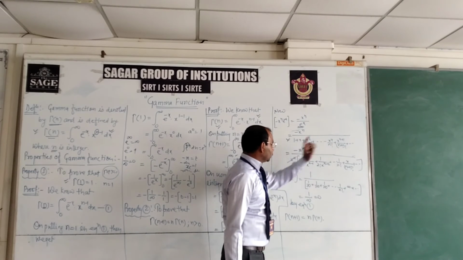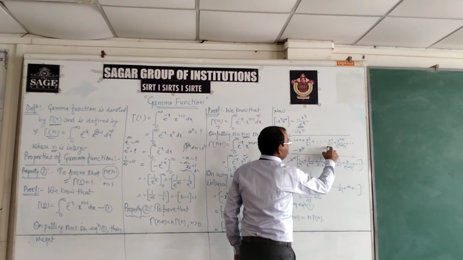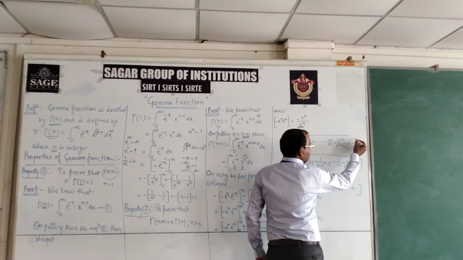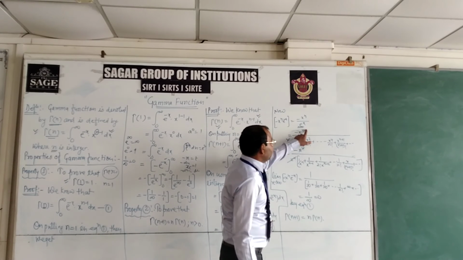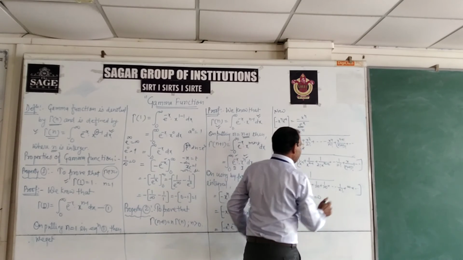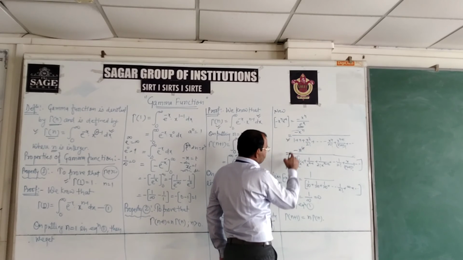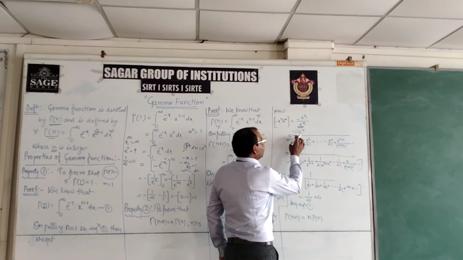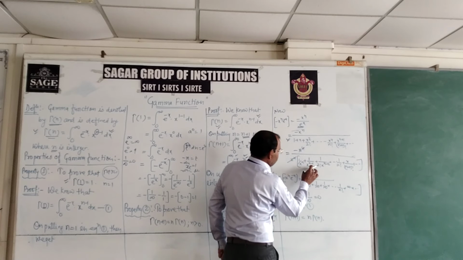The exponential series is 1 plus x plus x square upon factorial 2 plus up to x to the power n upon factorial n plus x to the power n plus 1 upon n plus 1 factorial. Next term is x to the power n plus 2 upon n plus 2 factorial. Now in the numerator is x to the power n, and the common term in the denominator part will be x to the power n, so the same term will be found. So here x to the power n is absent, therefore we can change it into the denominator form.